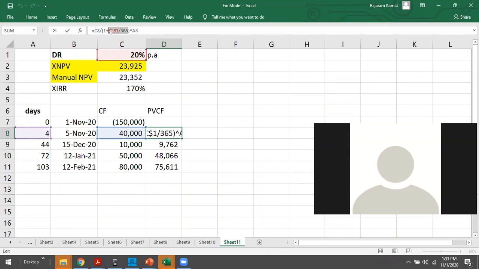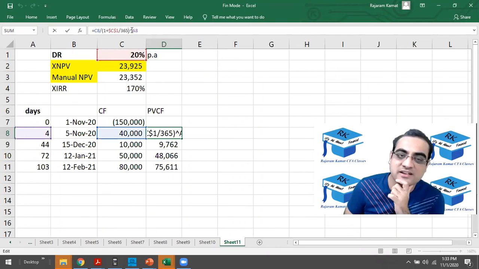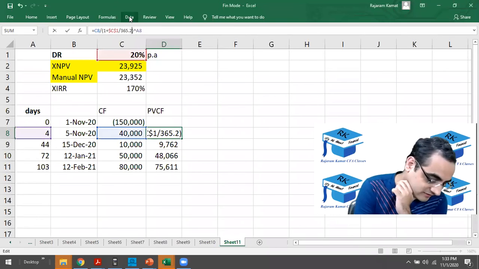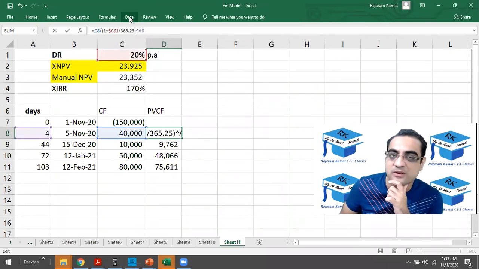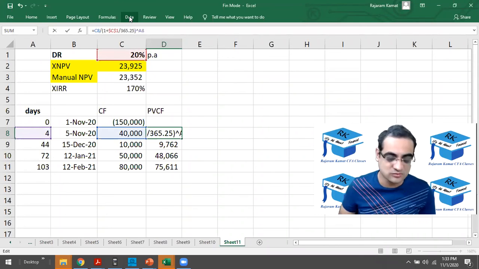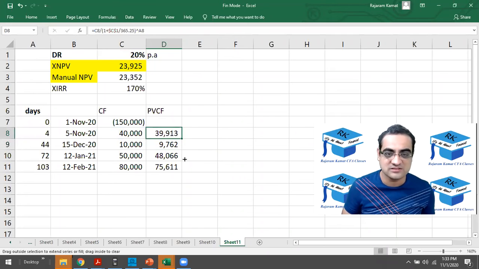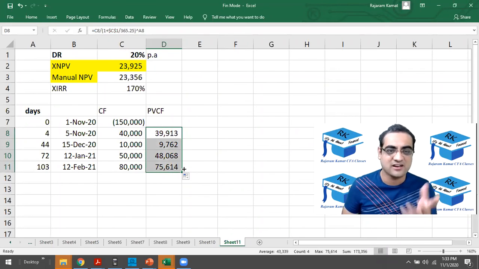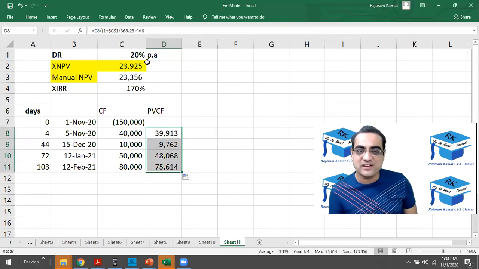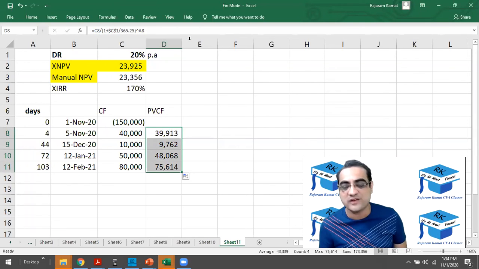But that is in the manual approach. If you want to make it more correct, use 365.25, because a year has 365.25 days. So let me see if I do 365.25, how much difference it makes. Hardly any. So it's not about 365. Whether you divide by 365 or 366 or 365.25, that is not a mistake. R was per annum. We converted that to per day by dividing by 365. So that was no mistake, Ajay.